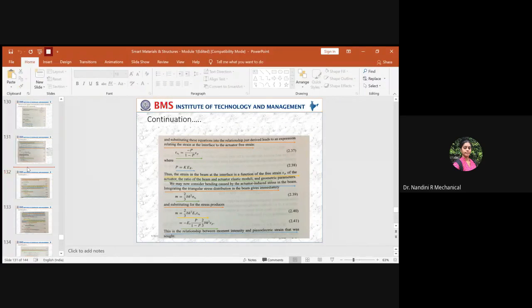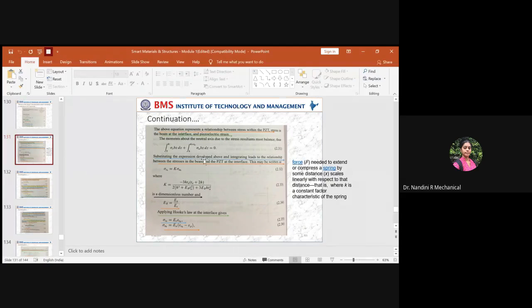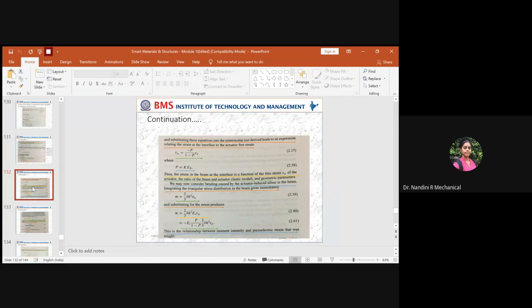Why did we do so much of circus in the previous slide? Because we needed the strain across the interface of the piezoelectric material and the structure. After doing all these calculations, finally this is the equation we get. You don't have any derivation to yield this equation. Once after showing these equations, you will just say these equation substitutions will help you get a relation between the stress and the strain across the interface. But here the letter P sounds a little bit different for you people. So what is this letter P?